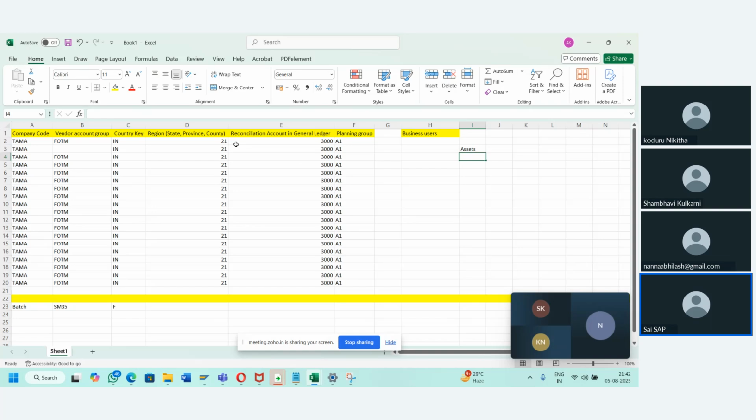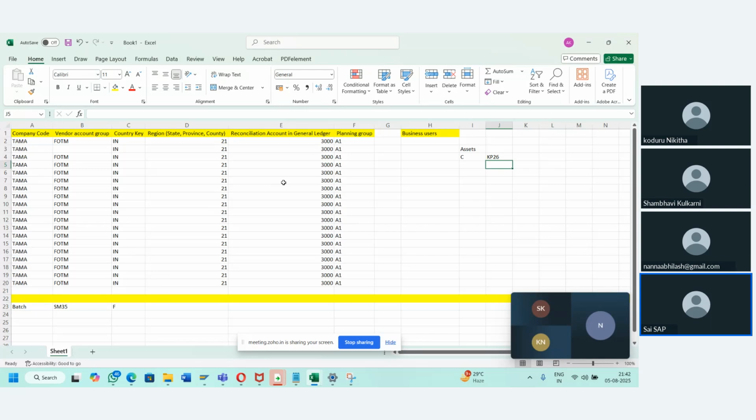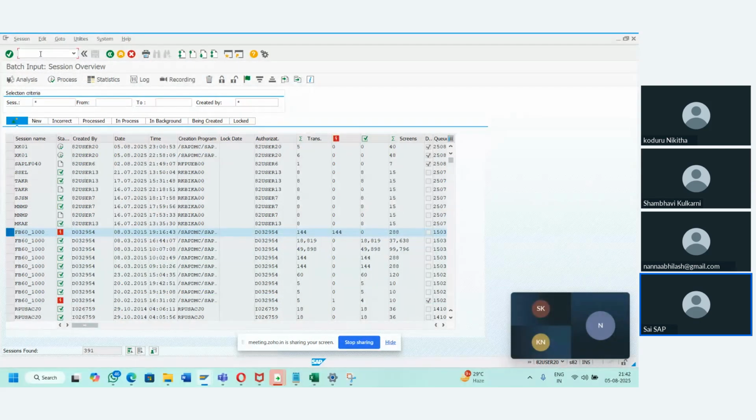For example, if we want to upload any cost related transactions like KP26 and everything. So all these things we can do this for data mass uploads, and also for the data transfer we can use this LSMW in ECC. So to perform this LSMW,